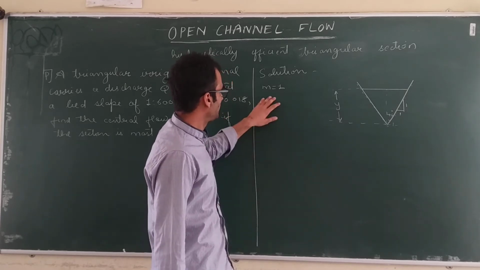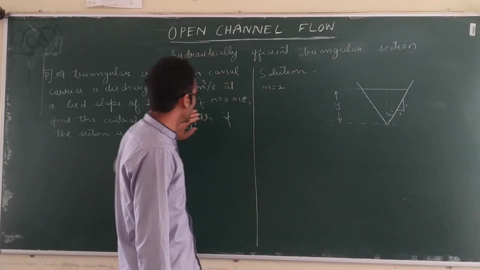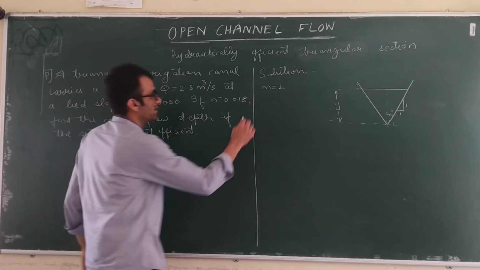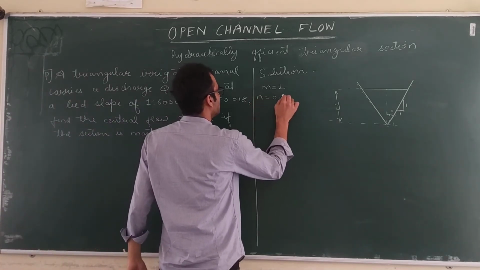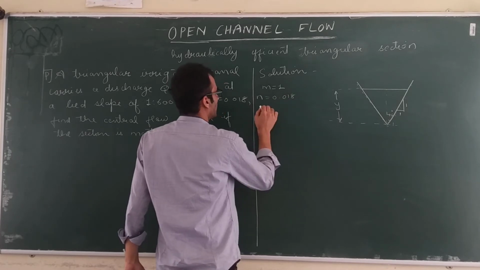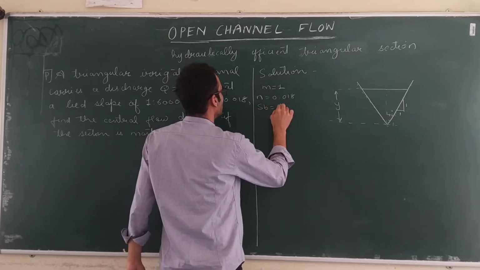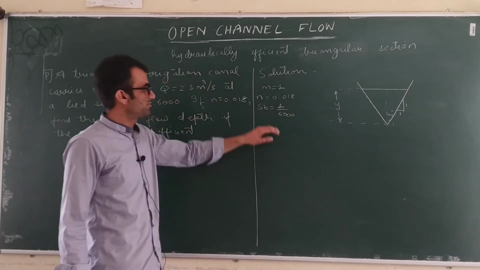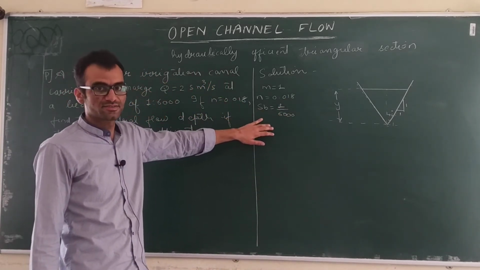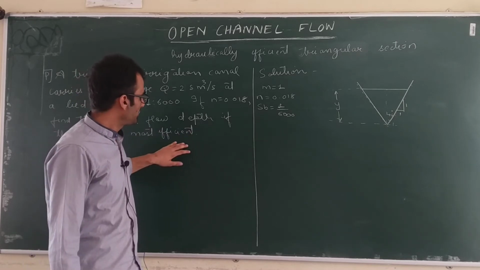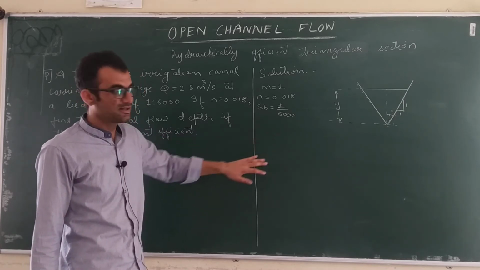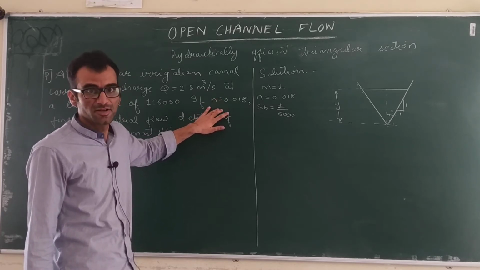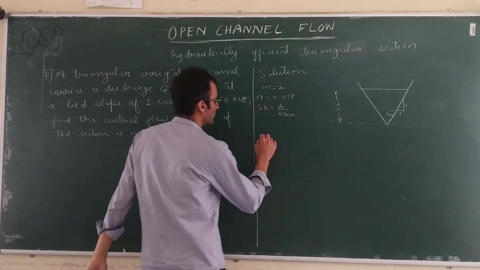Now what do we need to find out? We need to find out the depth of flow. Okay, and Manning's constant is given. So Manning's constant n is 0.018. And what is the bed slope? Bed slope is 1 in 6000. Okay. Now of course if we want to find out the flow depth or flow discharge, whatever we want to find out, we have to apply the uniform flow formula, and accordingly whatever coefficient is given. Now we are given Manning's coefficient, we will apply Manning's formula.